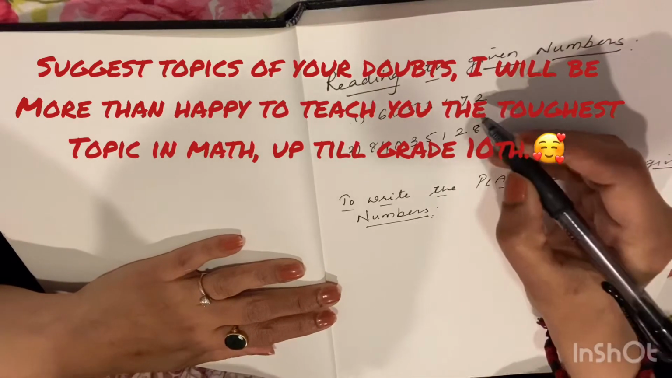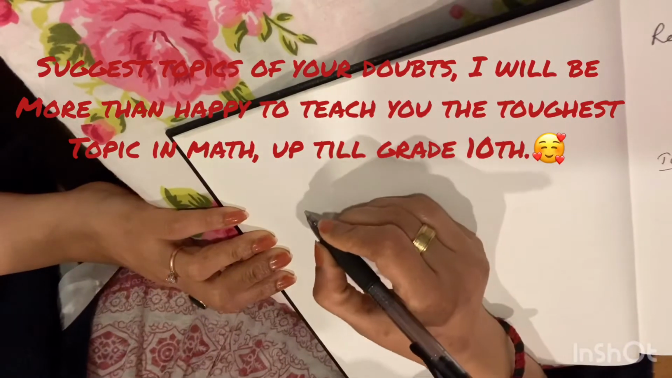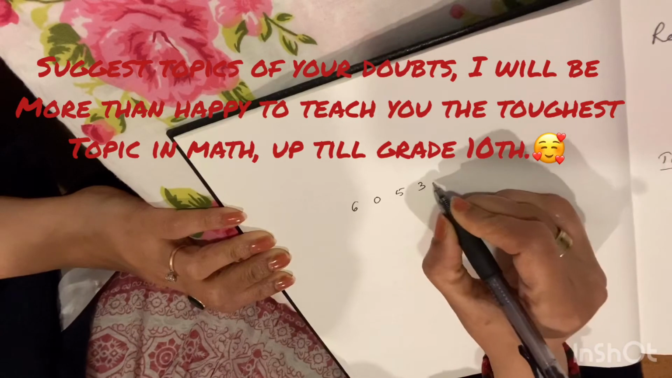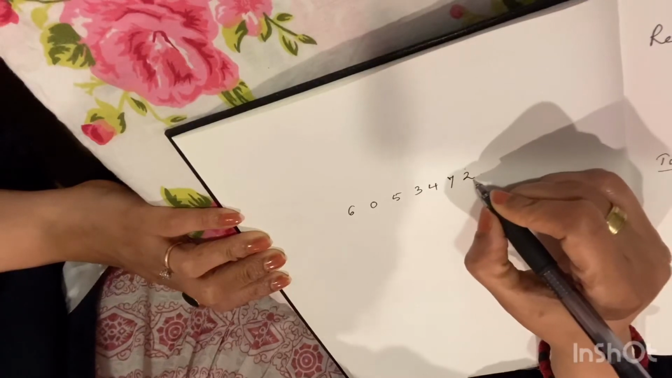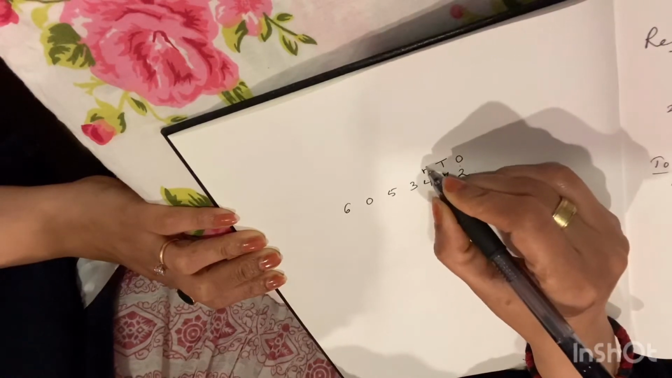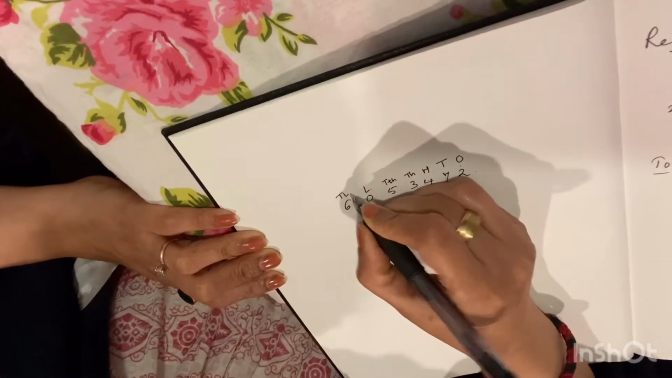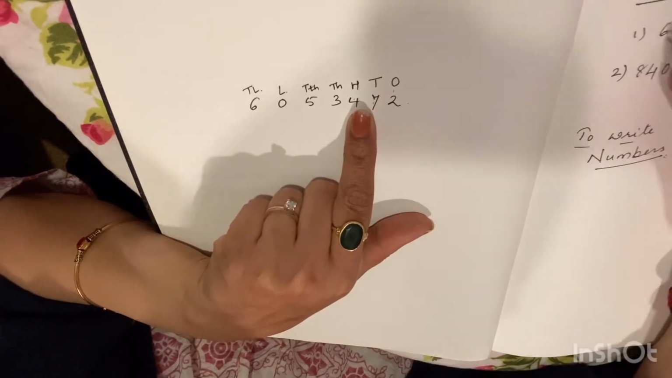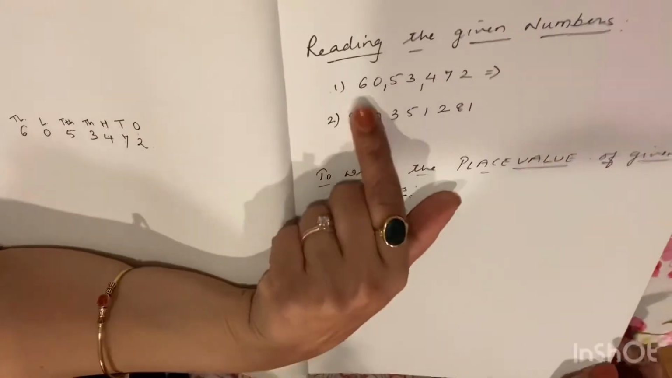So let us put the commas. According to our Indian system, if any number is given, 6, 0, 5, 3, 4, 7, 2, how do we have to do it? We have to first, the number at the last unit place will be ones, then the other one will be tens, then 100, 1000, 10,000, lakhs and 10 lakhs. Now we can put the commas according to ones, tens, 100, 1000, 10,000, lakh and 10 lakhs. So now it has become very easy for us to read this given number, which is 60